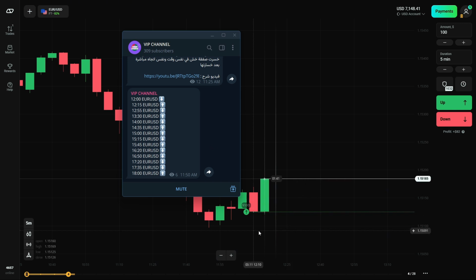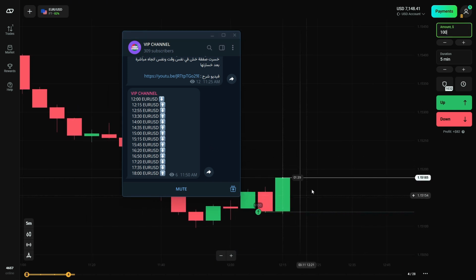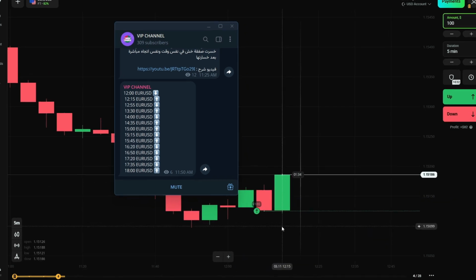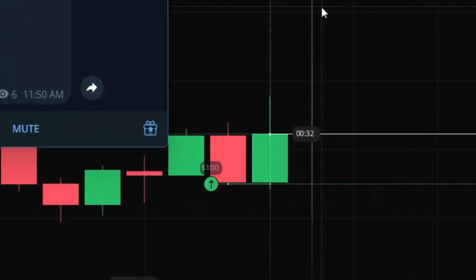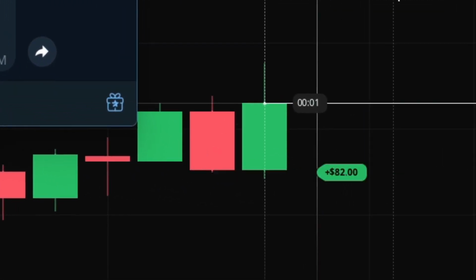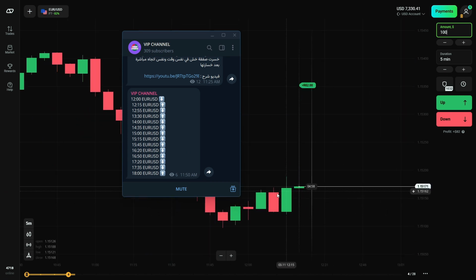So that's the full report on everything. Here, we have 1 minute and 40 seconds left. Let's wait for the end of this trade and see its result. We won this trade, as you can see, $82 profit from this trade,